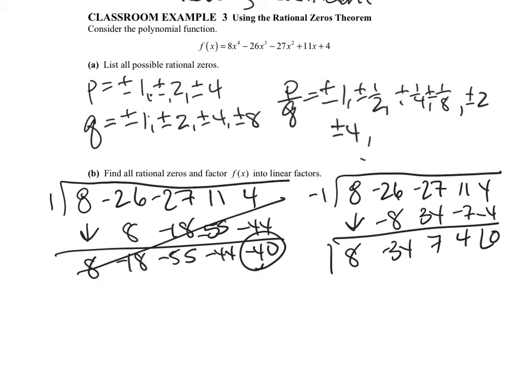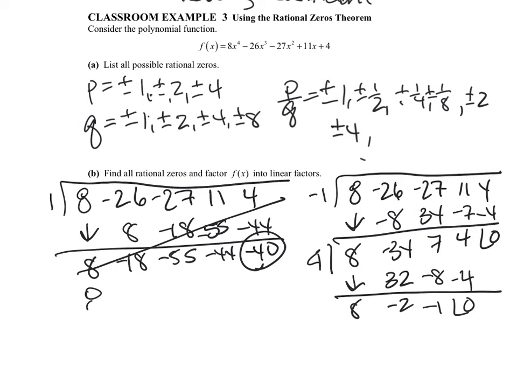So now we need to try another number. Let's try +4. Drop the 8, multiply, add, multiply, add, multiply, add. Okay, so that works. So now we have 8x squared